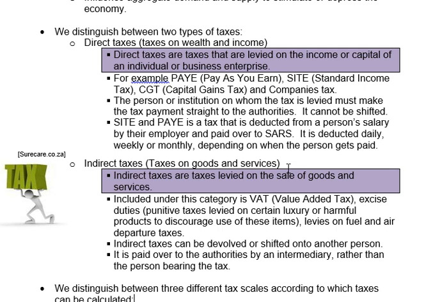Now, when you do income tax, we are saying you are the one on whom the tax is levied, you are the one that has to pay it. But the way it works in our country, your income tax, SITE and pay as you earn, is deducted from our salaries by the employer. That's just how our tax laws work. You can imagine if my employer gave me my income and told me, but you must remember to go and pay your taxes. Nobody was going to pay their taxes then. So the government knows they have to deduct the taxes before we even receive our income.